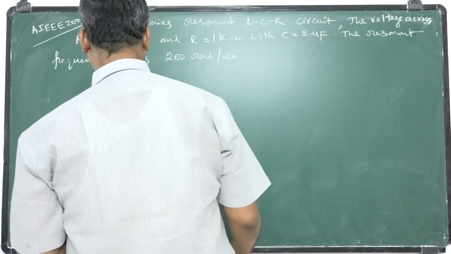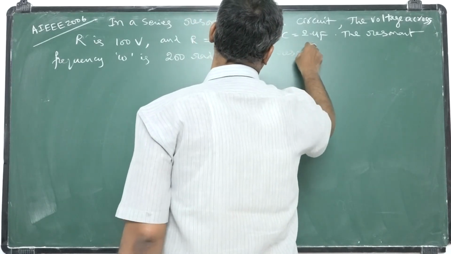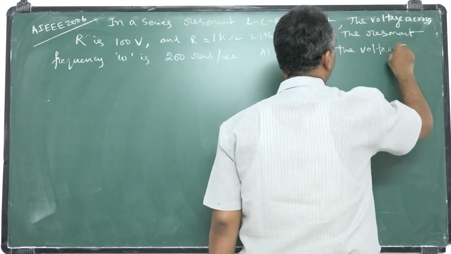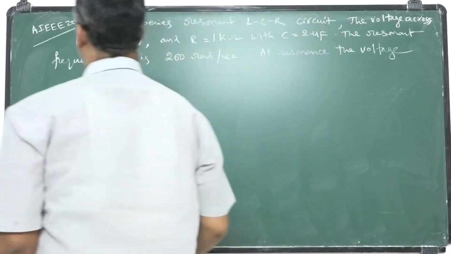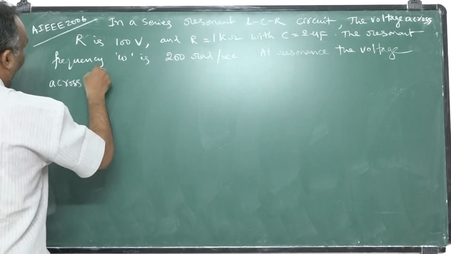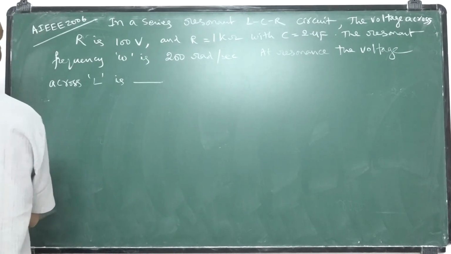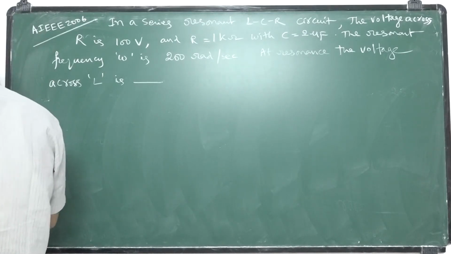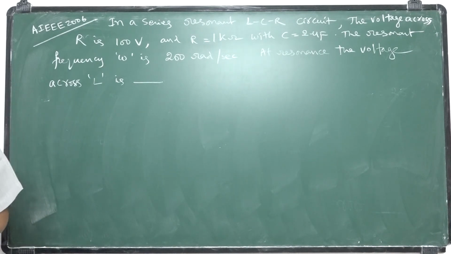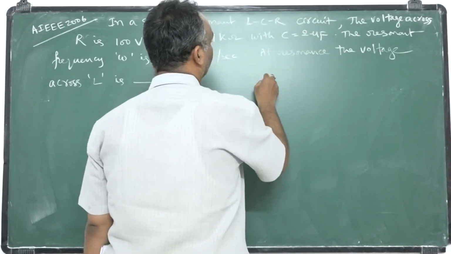At resonance, the voltage across inductor L is dash. This is the question. We already studied the resonance concept. When the circuit is under resonance, maximum current will pass through the circuit. So, at resonance,